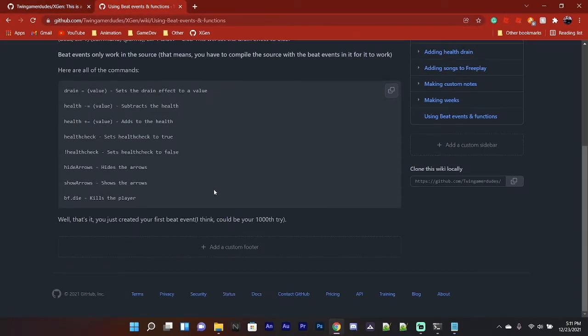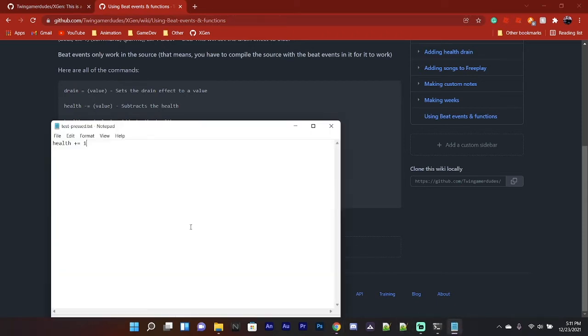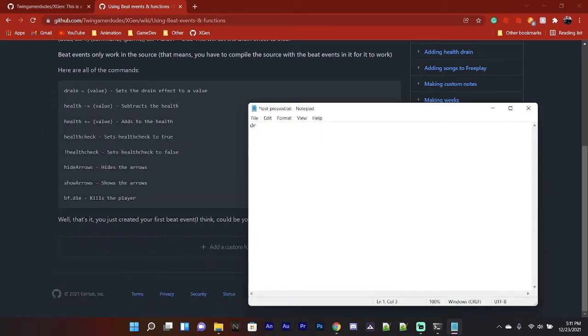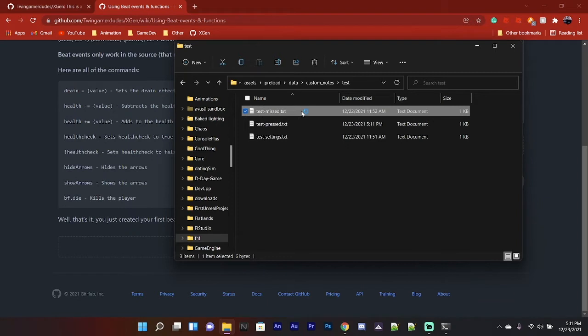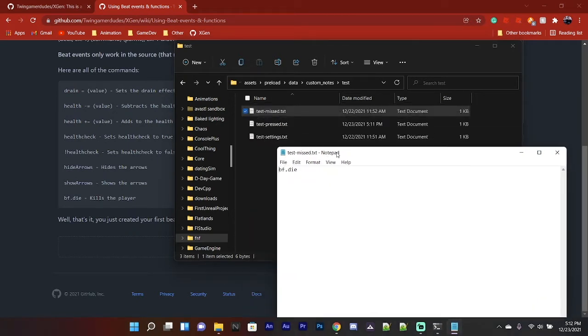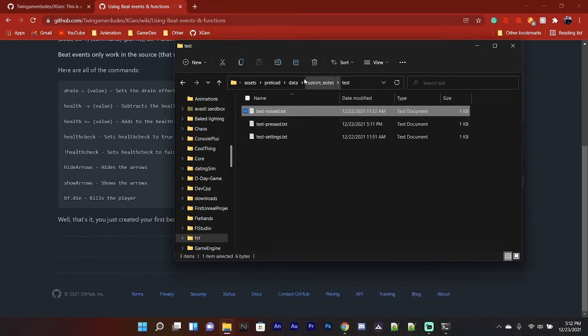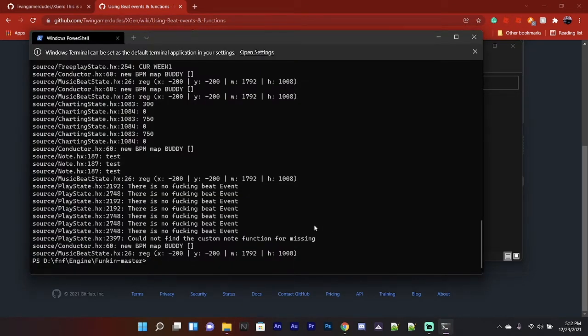So right here we have all the functions, which are very limited. In this case, instead of doing the HP, let's see, what would you do? Let's hide the arrows. Why not? Just do this just to show it. And that's that. And because I'm making it a must-hit note, we're going to do another one called test dash miss. This is going to be for when you missed a note, and in this case, it will kill you right here, which is bf.die. Now, if we recompile this,